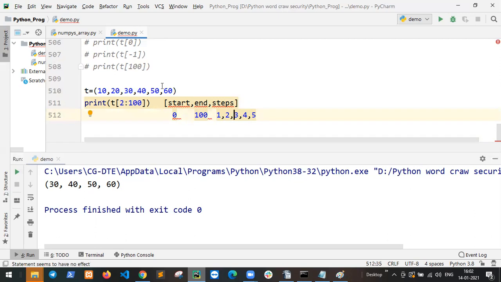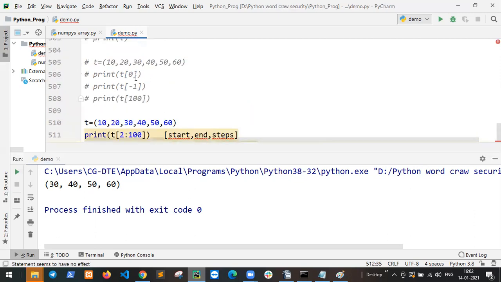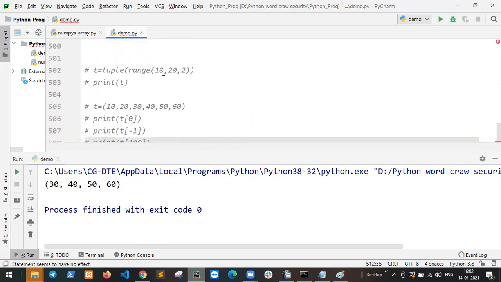For example, in range, if start is 10 and end is 20, and the step is defined as 2, then steps are 2.